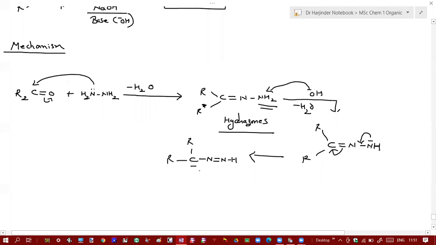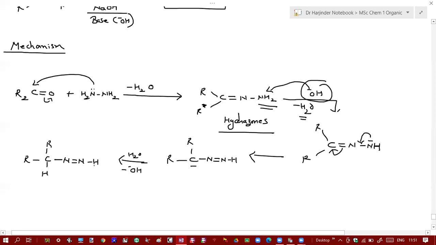And this carbanion, the base is acting as a catalyst. So it has to be regenerated at the end. So here the OH negative ion was used. What will happen? This water molecule will come into action over here, and this carbanion will take an H plus ion from this water. So there is a loss of hydroxyl ion, and you will get RCH, N double bond N, H.